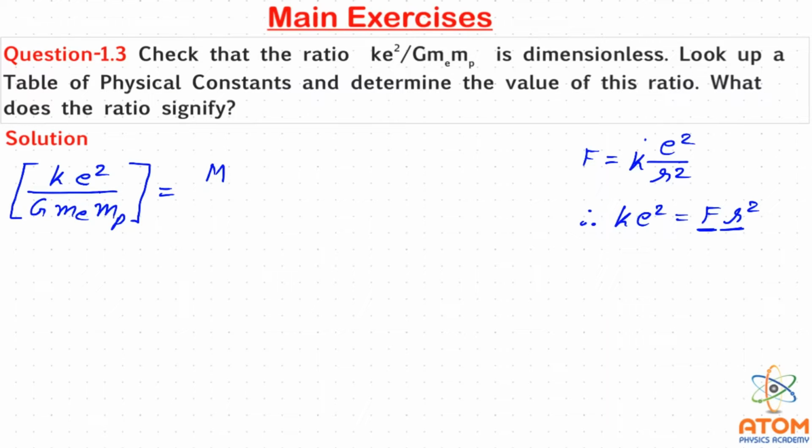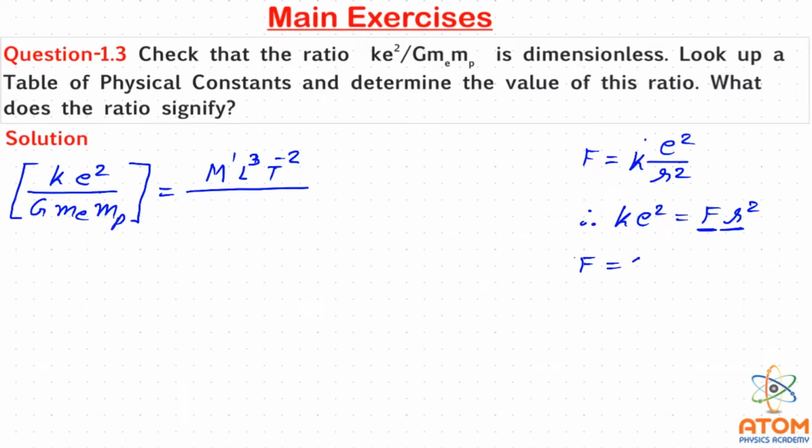See, for force it is M1 L1 T minus 2, and for meter square it will be L2. So as a whole it will be L3. M1 L3 T minus 2 is the dimension formula of the numerator. Now for the denominator,